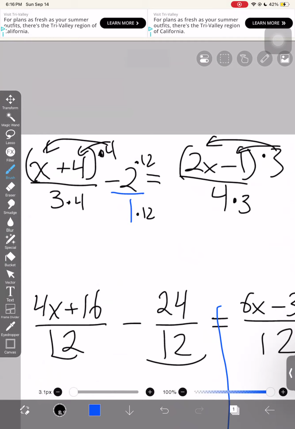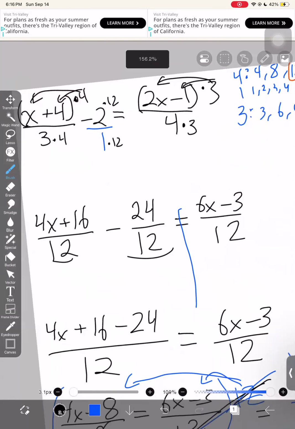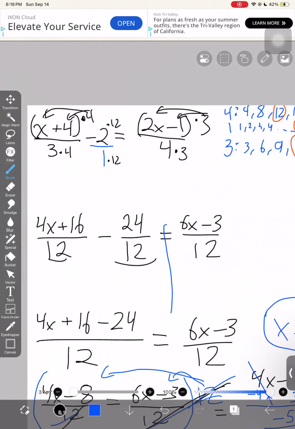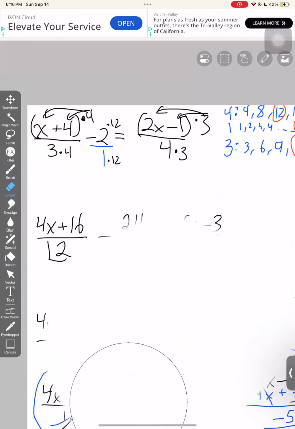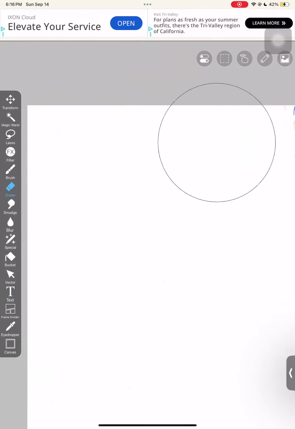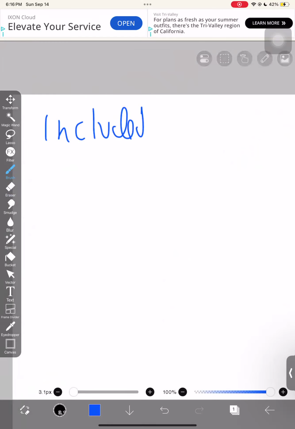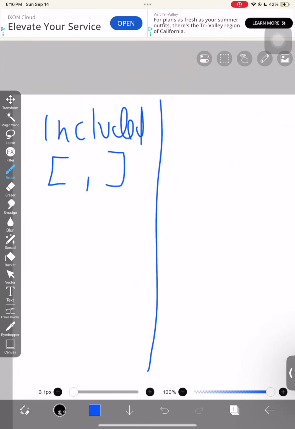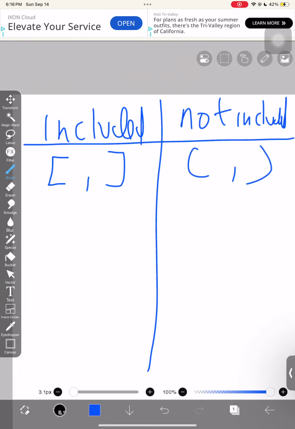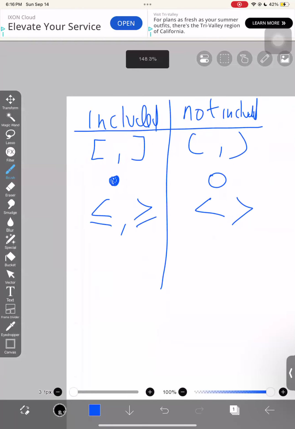So overall, just for the first one, please look back at your range and domain. It's very important that you remember the signs. So remember that included includes the brackets, and then not included includes these, and we denote it with a dark circle. We denote it by an open circle. Less than or equal to, greater than or equal to, less than, or greater than. Please remember that